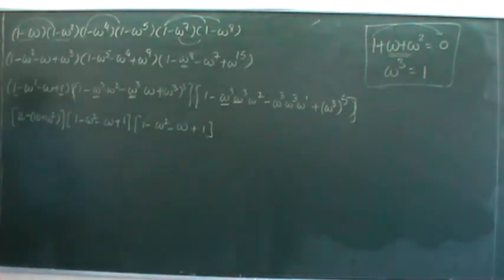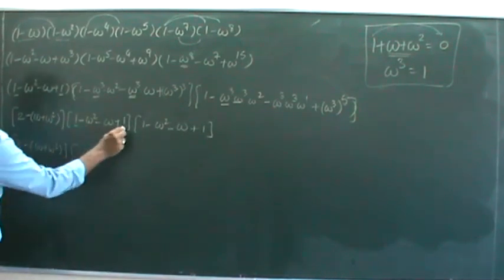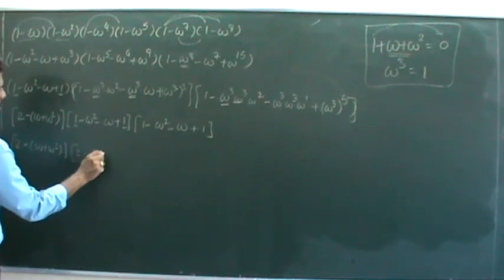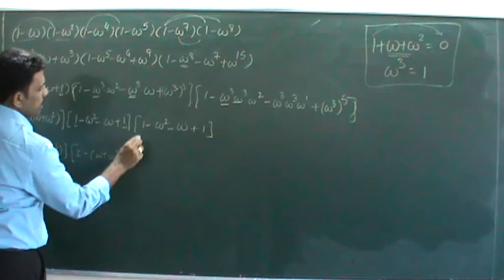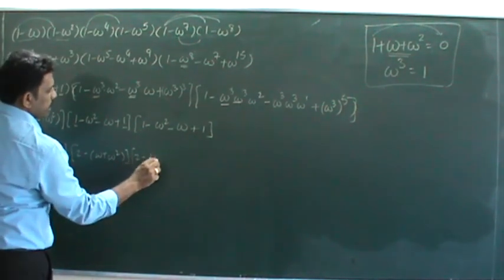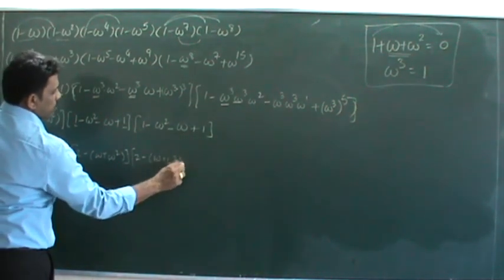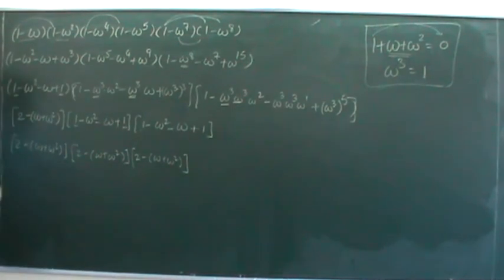Then finally if you make it, then 2 minus, here taking minus common, we will do all terms at a time. Okay, please write. Here also 1 plus 1 is 2, take minus common, omega plus omega square. Here also 1 plus 1 is 2, take minus common, omega plus omega square. So in all terms omega plus omega square is there.